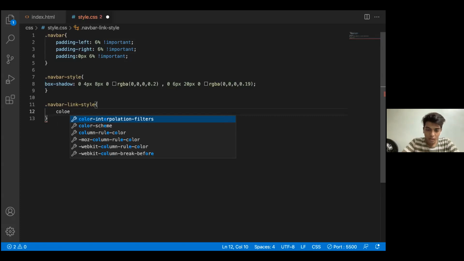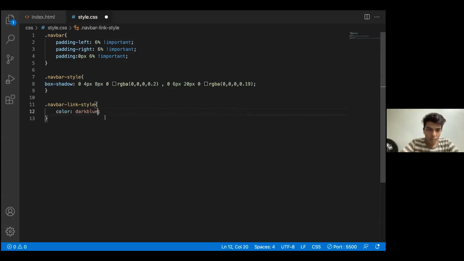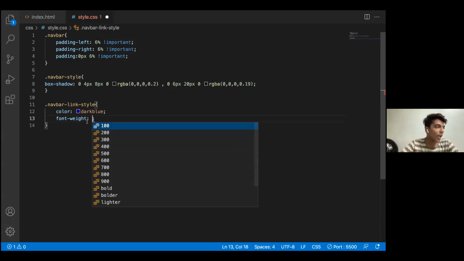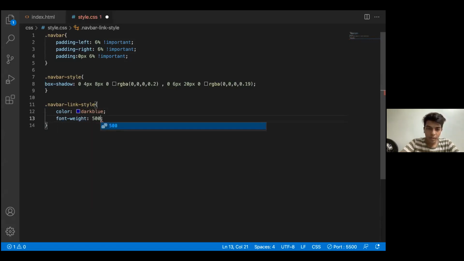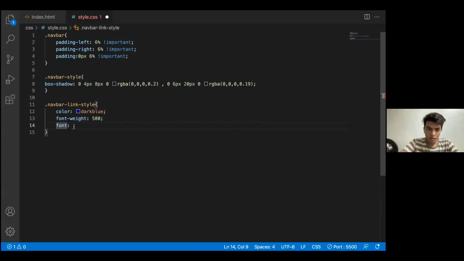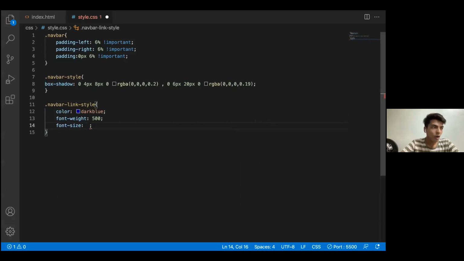So I'll be using color. I want my color to be dark blue. I'll be taking up dark blue. I'll be having a font weight part, and I'll be giving a font weight of approximately 500. I'll be giving a font size, and that would be I can say 14 pixel.